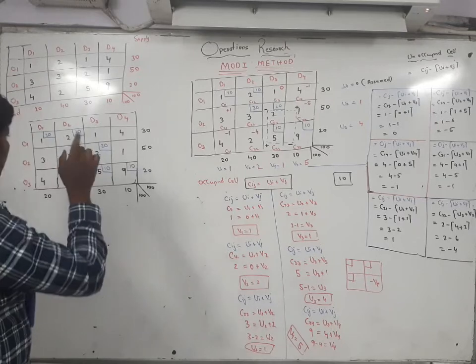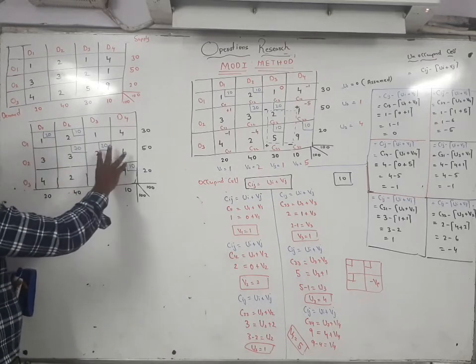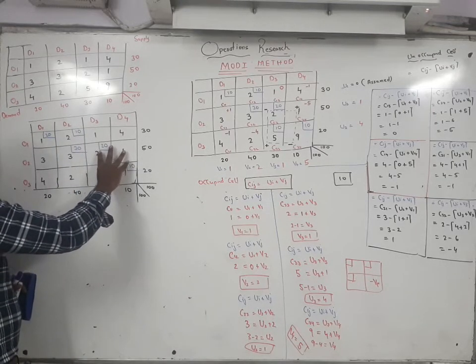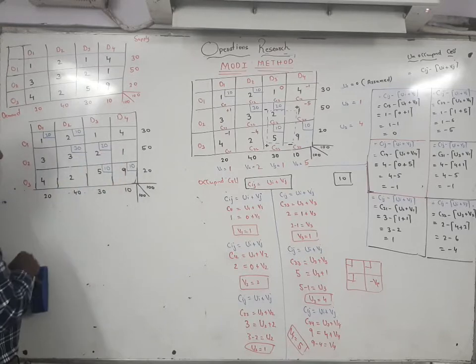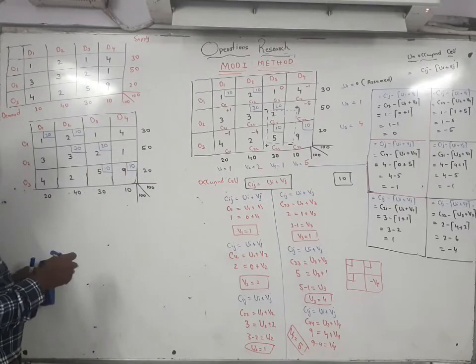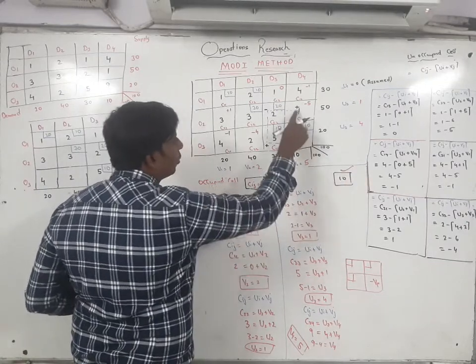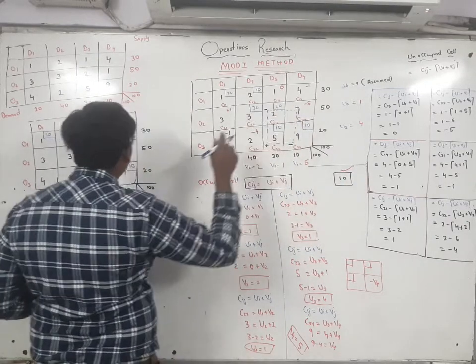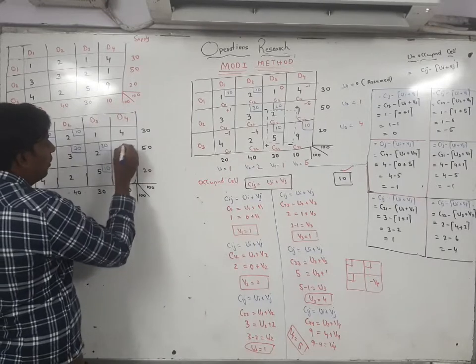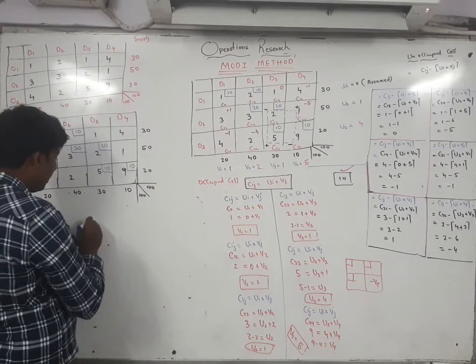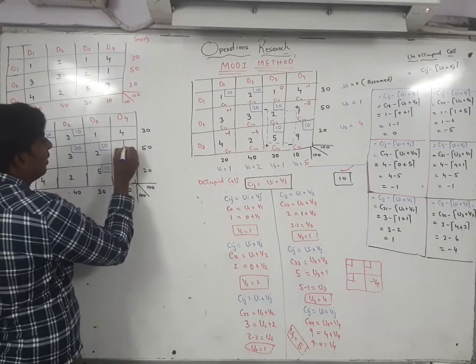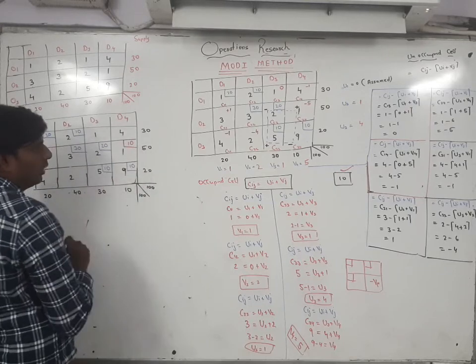So here, don't change these values, only concentrate on these values. So here, what is the value here? 10 you selected. What number did you select here? 10. So what is the sign here? Plus. Plus means you have to write here plus 10. So I wrote here plus 10.